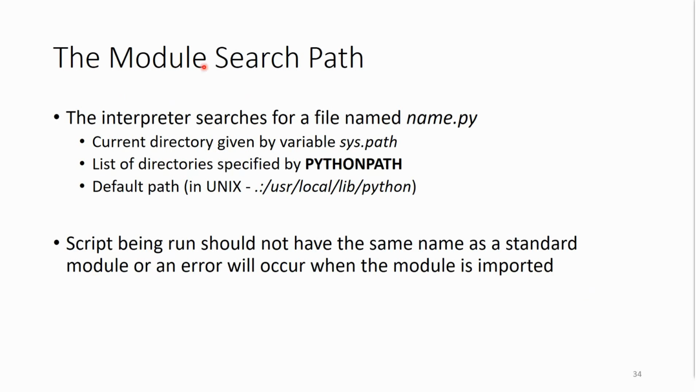Now the module search path. There are 3 paths that you can find here. They are described here: sys.path, PYTHONPATH, and then the default path. These are the only 3 paths that a module can exist at. So basically, if you have a directory, which is your directory, you can import anything from that directory if you add a file to it, which is called... I believe, I forgot what that file is, but I could